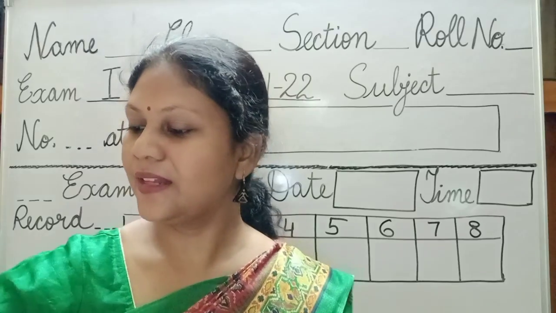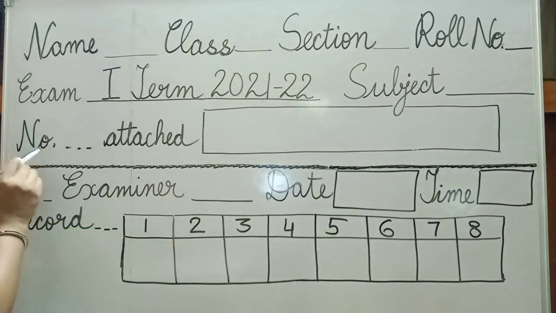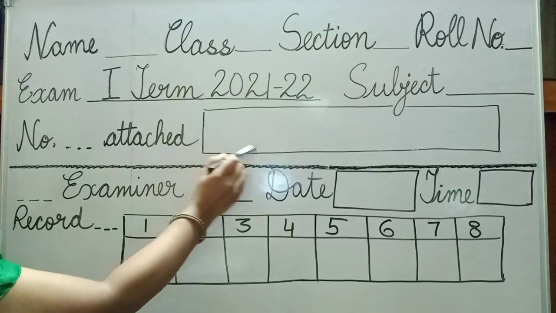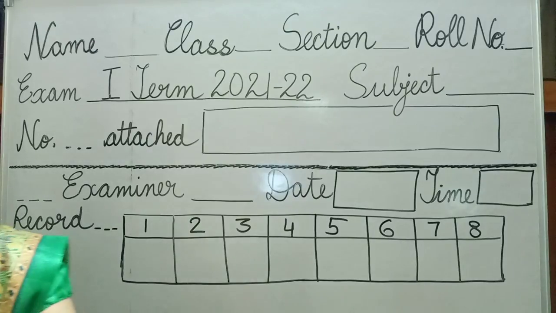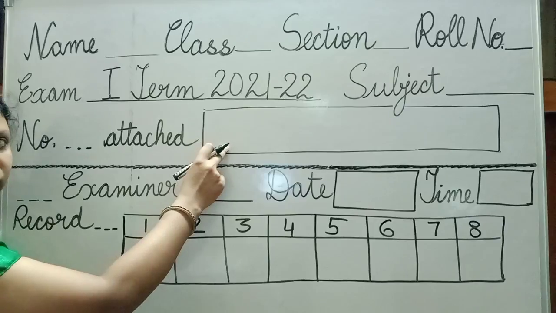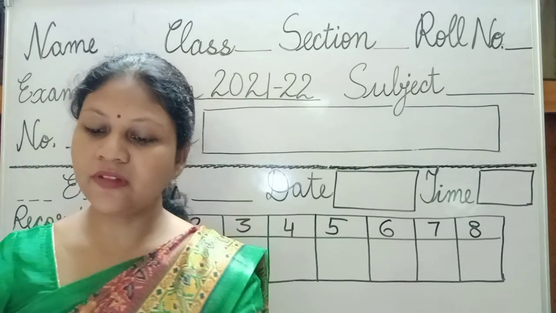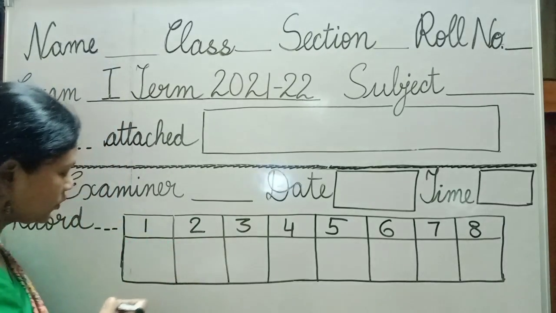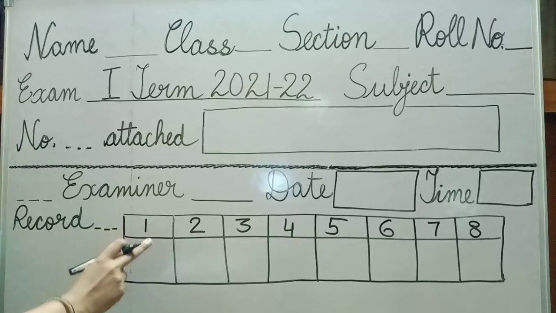But still, we are left with the last work. Children, number of continuation booklets attached. This box is supposed to be filled at the end of your exam. Now one more thing. How to fill this box? Whenever you take your additional sheets, your parents will not only sign on sheet B or sheet C, they also have to sign here in these boxes, where it says record of continuation sheets.